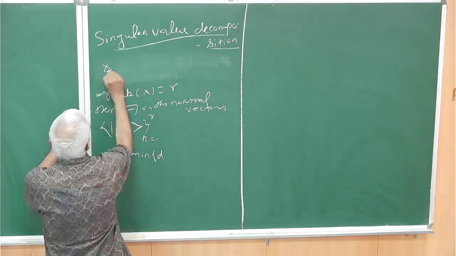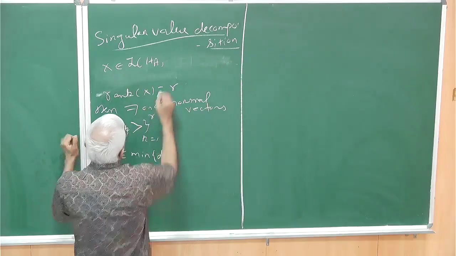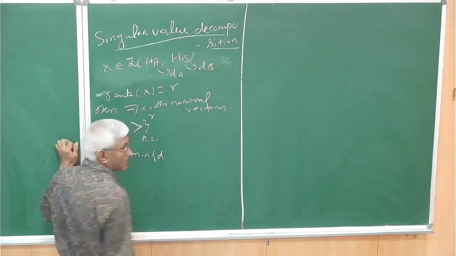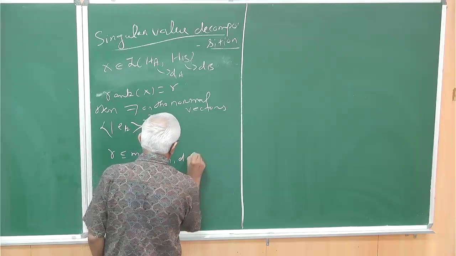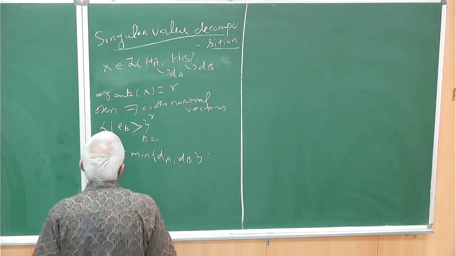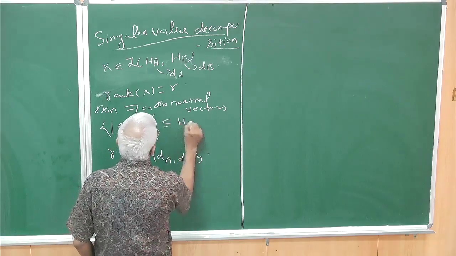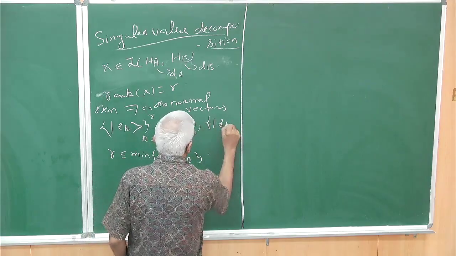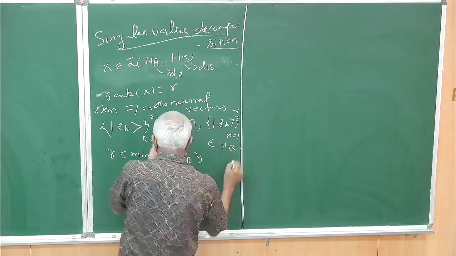X is in L(H_A, H_B), with H_A of dimension d_A and H_B of dimension d_B. Of course, rank is always less than or equal to d_A and d_B. The e_k are in H_A, and the f_k, again k equal to 1 to R, are in H_B, such that